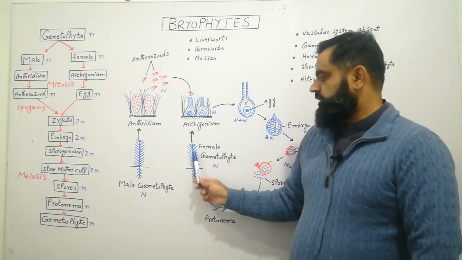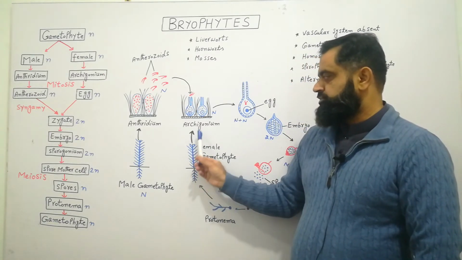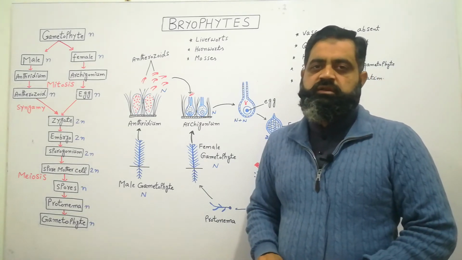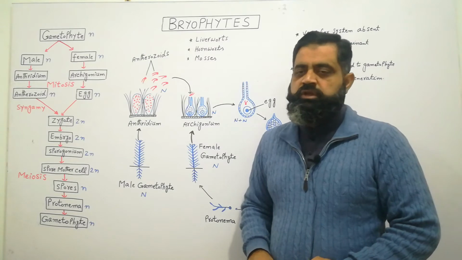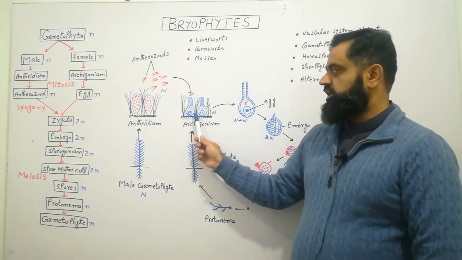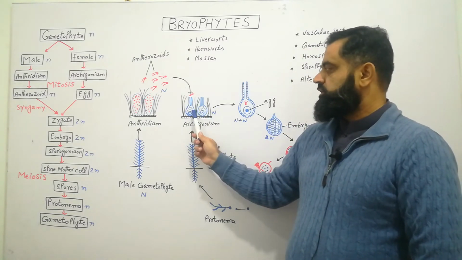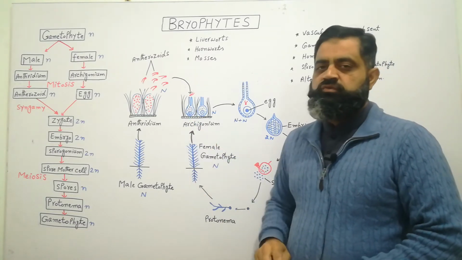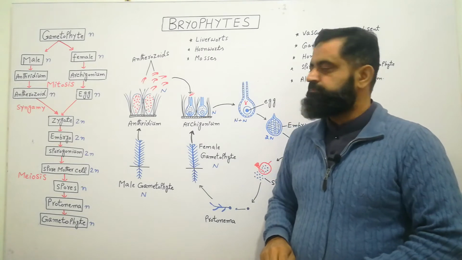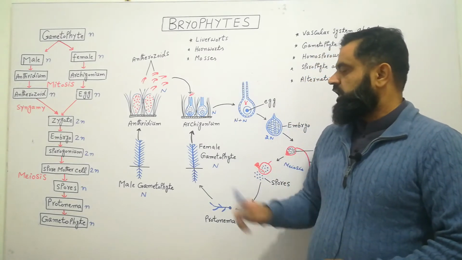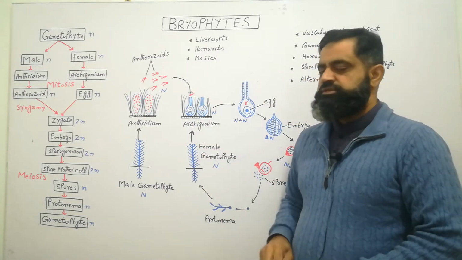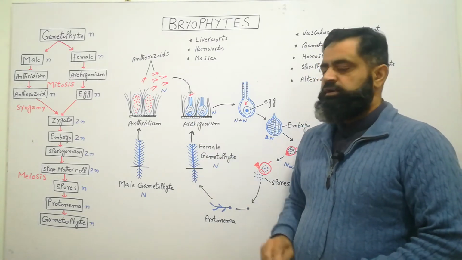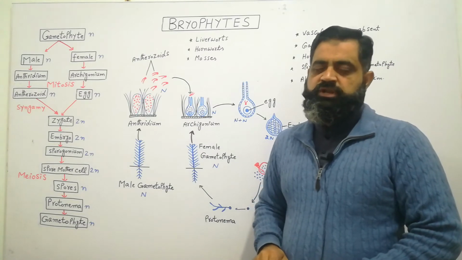At the tip of the female gametophyte, a structure is produced which is known as the archegonium. The archegonium is a female reproductive organ. It is also protected by sterile hair. This female archegonium consists of a venter which contains the egg, and a neck. With the help of mitosis, the archegonium produces the egg. When the egg is mature, it releases nucleic acids into the water.